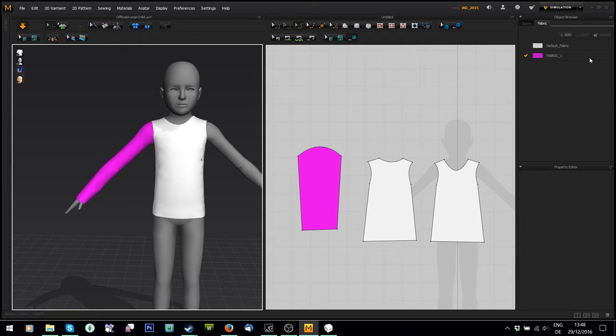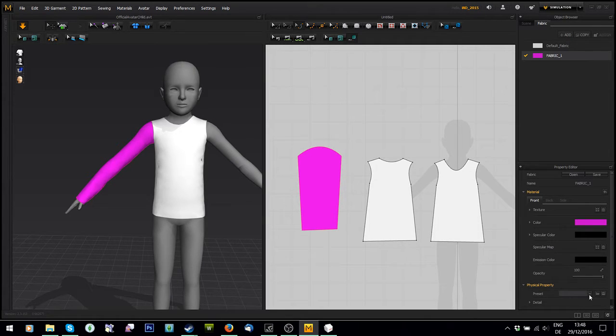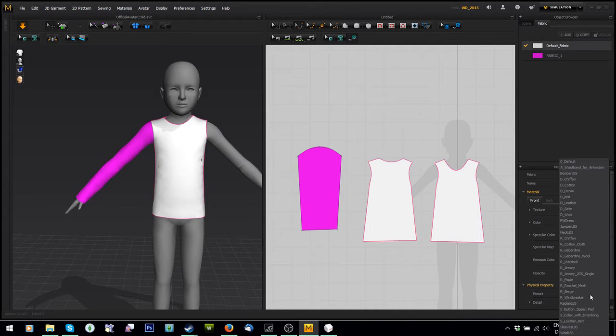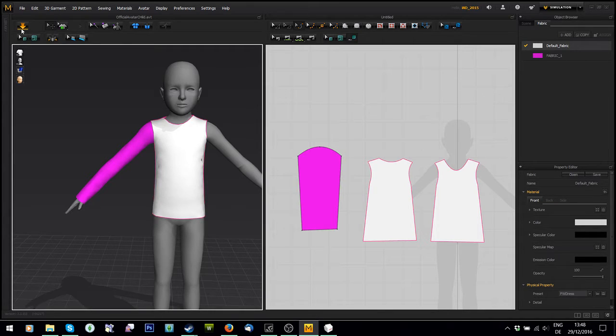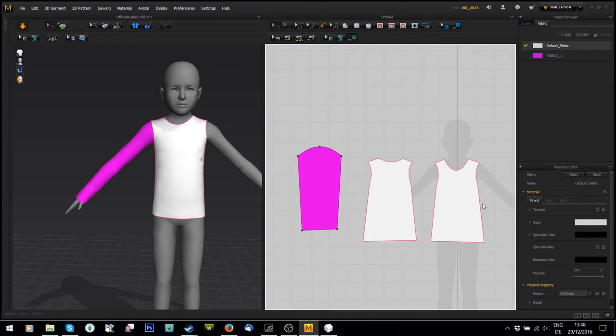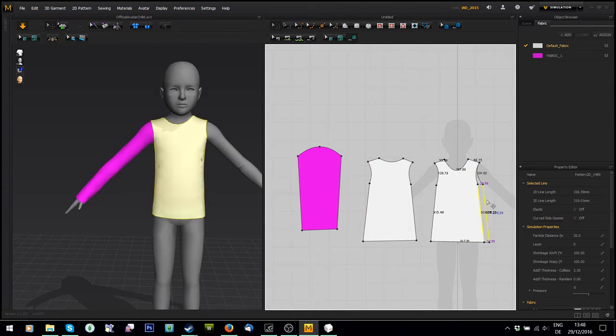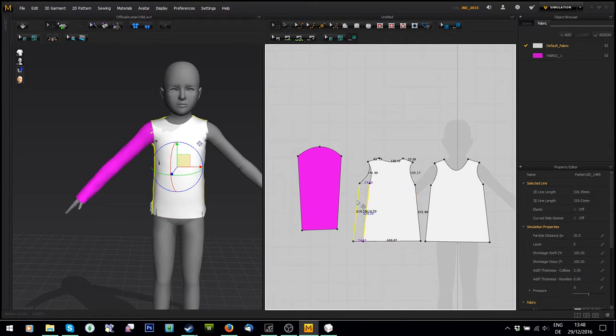And I can click here on fabric, and under presets I can pick different fabric presets for the different pieces. Then if I press play again, it won't show so much here, but if it's a different piece of fabric, you can probably see big differences. So that's how you can play around with how your fabric falls. Just go through all the fabric settings. If I make this bigger,